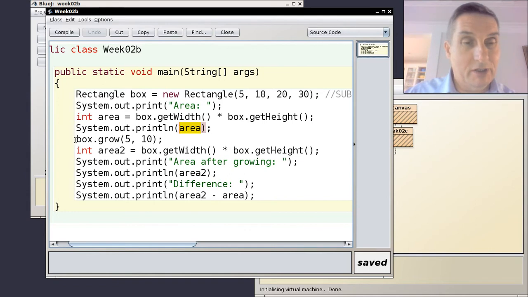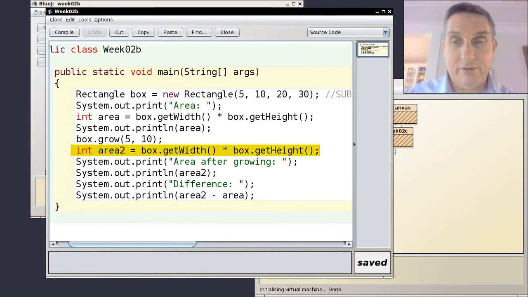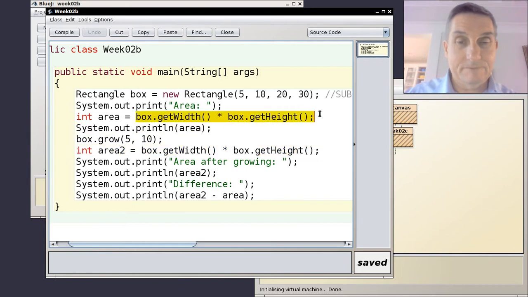Now I grow this box by 5 pixels horizontally and 10 pixels vertically, and then I do the exact same thing again. I compute the second area, that's the area afterwards, using the exact same formula that I had over here. Then I print it, and then I print the difference between these two areas. That tells me how much it has grown. So if we run this,